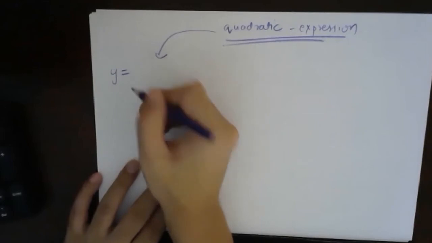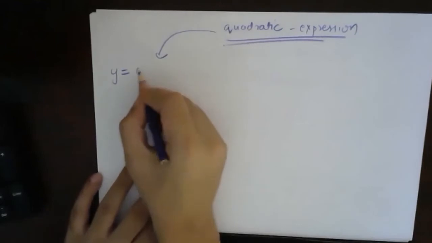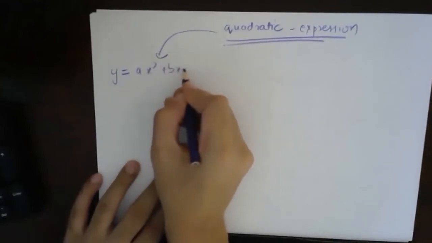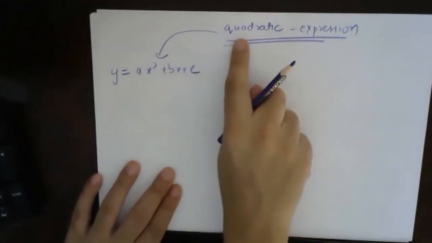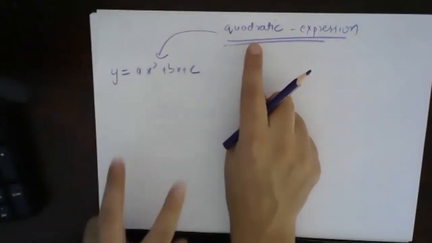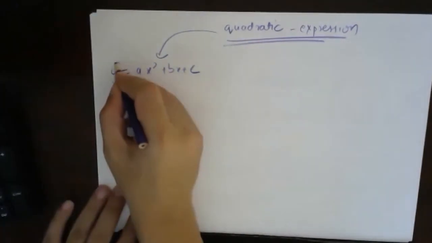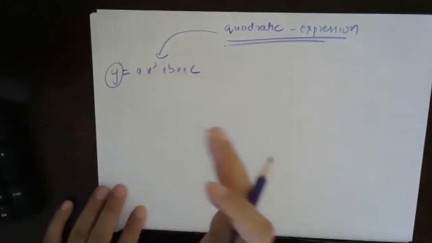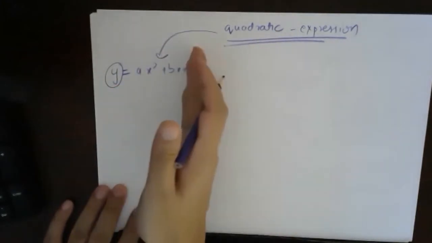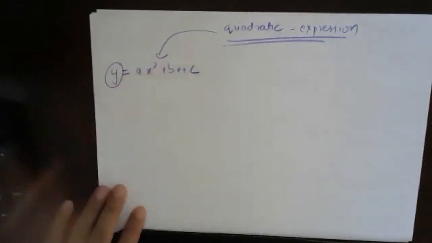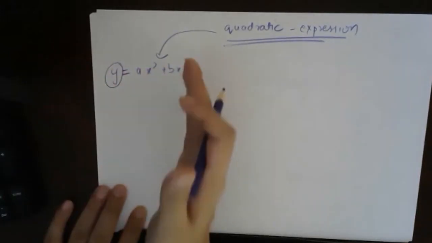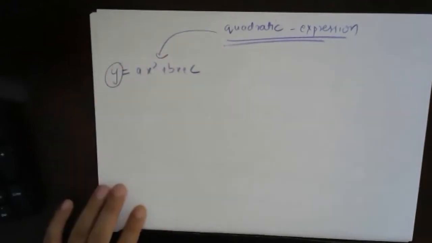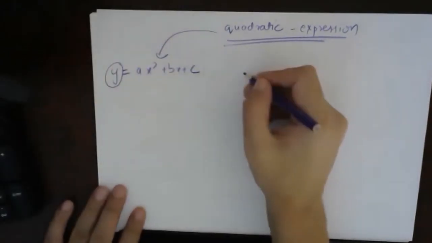Okay, fine. So we have the quadratic expression as ax square plus bx plus c. This is a name given to the quadratic expression. When this is y, when y is equal to something in terms of x, you are getting different values of y. When you have different values of x, you have different values of y. Okay, fine.